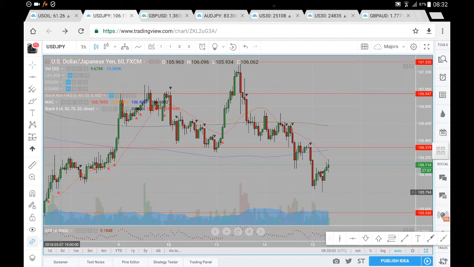So this is the US dollar Japanese yen analysis for Thursday the 15th of March. Now, let's have a look at what prices and where prices may likely go. So previously we had prices head up towards the